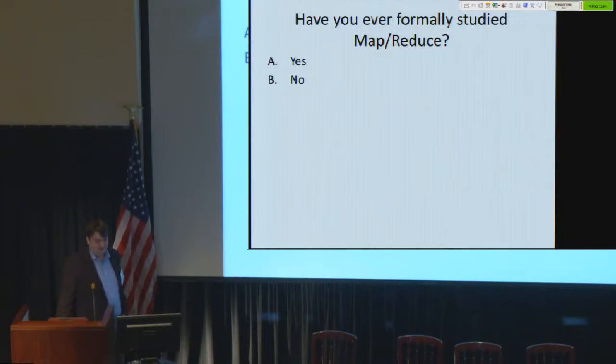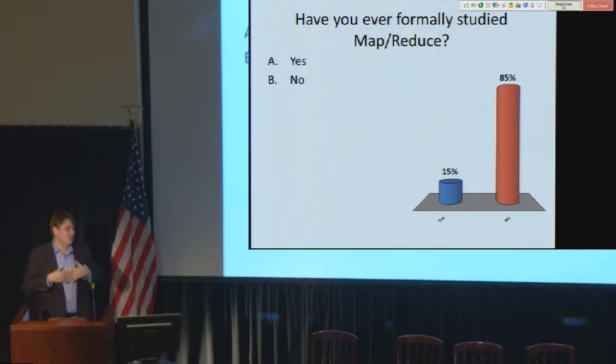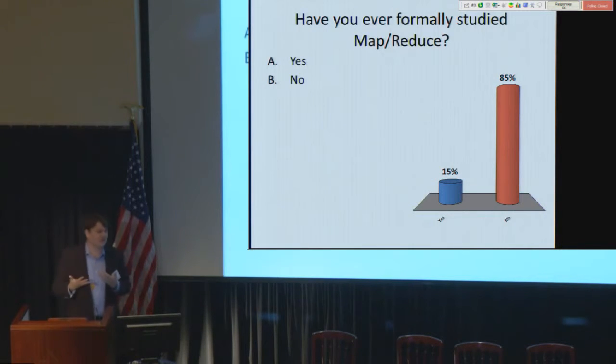So we got 60. A couple more. 5, 4, 3, 2, 1. So most of the people didn't know it. And this is actually the response I got in my class when I offered it. Because when I walked in and thought I had a bunch of ECE majors, it was actually a bunch of people from all over the college. Somehow environmental scientists and even music engineers decided big data was important to their education.